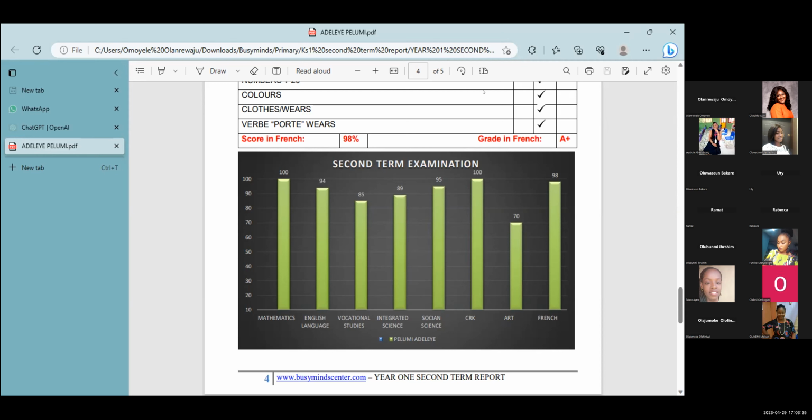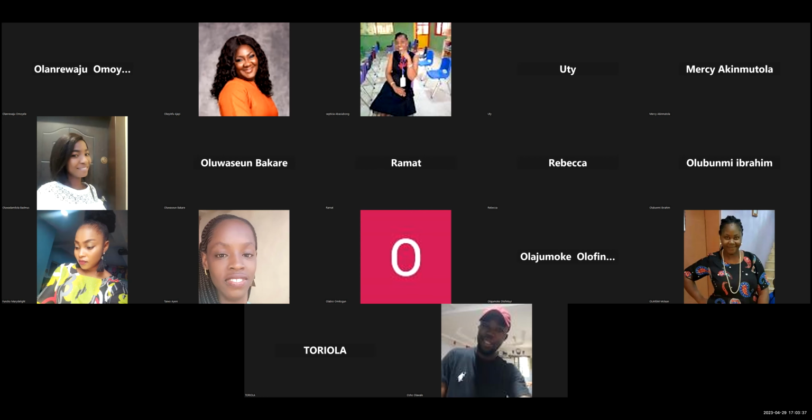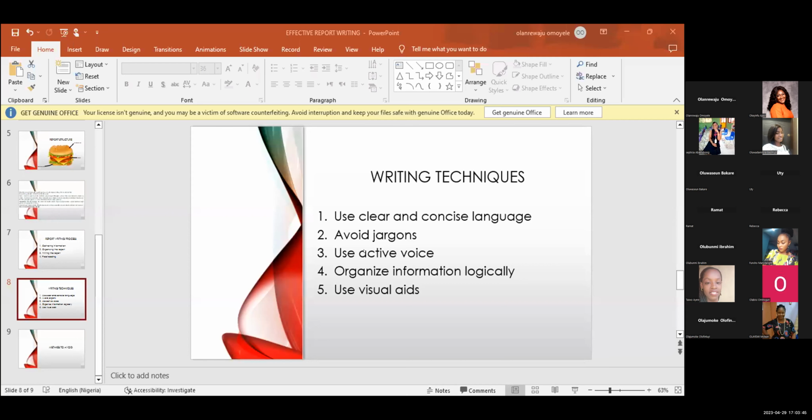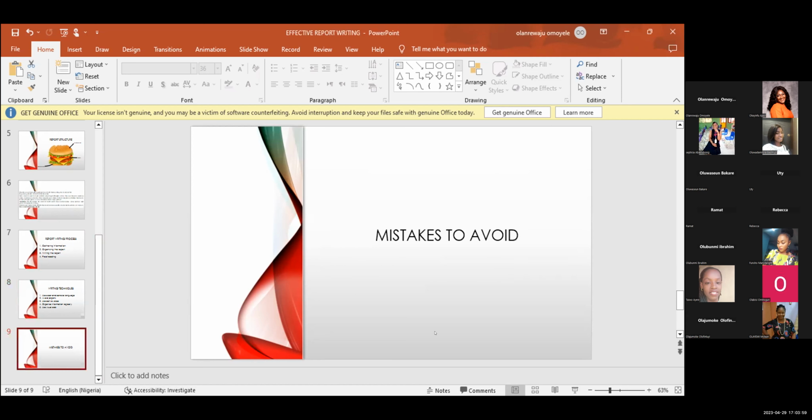So like you said, use clear and concise language, avoid jargon, use active voice, organize information logically, then use visual aids. Then what are the common mistakes you need to avoid?